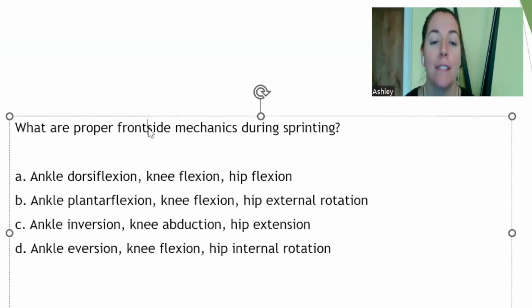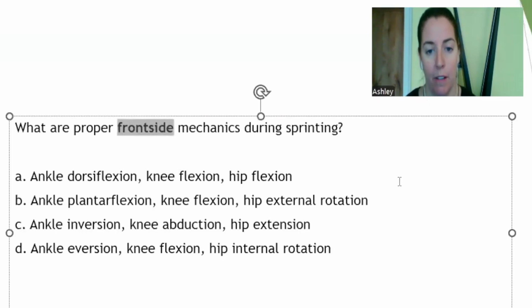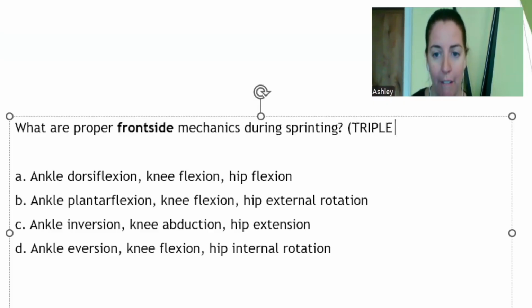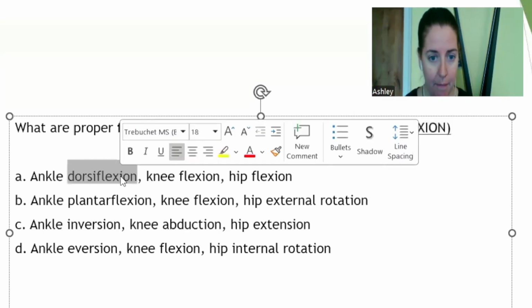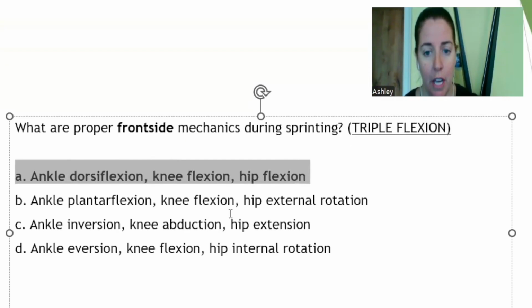What are proper front side mechanics during sprinting? So think of that picture. Everything is bent. Which one matches that? We are looking for triple flexion. So flexion, flexion, flexion. There's only one that is going to do that for us. And that is A. Now, if you look at B,